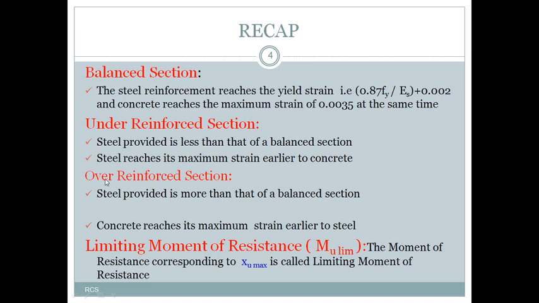So I can say this over reinforced section is unsafe and uneconomical. It is uneconomical because we are using more steel than the balanced section. It is unsafe because it will not give any warning before collapse. That means it is a brittle material, so it can suddenly collapse. That's why I can say it is unsafe and